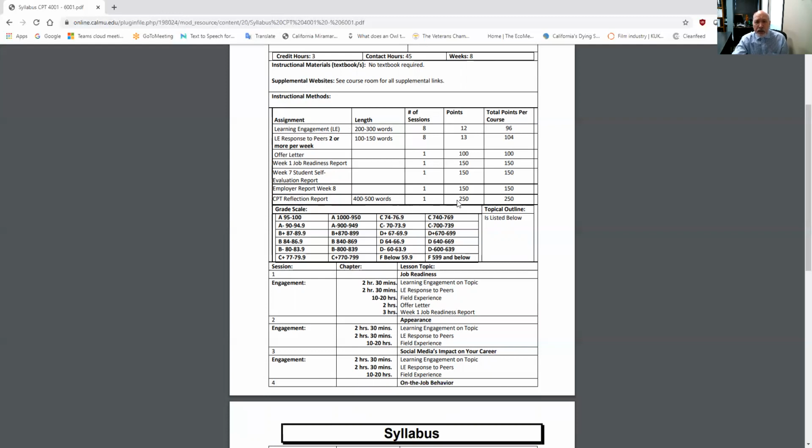And also, just again, use Grammarly. There's a link on Grammarly here. I'll show you that in just a second. If you haven't installed it, you would have gotten that email to join when you first came in and got your student email account, which is usually your first initial, last name at student.calmu.edu. So if you didn't install your Grammarly off of that link, then you don't have the right version. It's not as powerful of a version. So contact me, and I will get you in contact with the right person, and we can make sure you get the right version